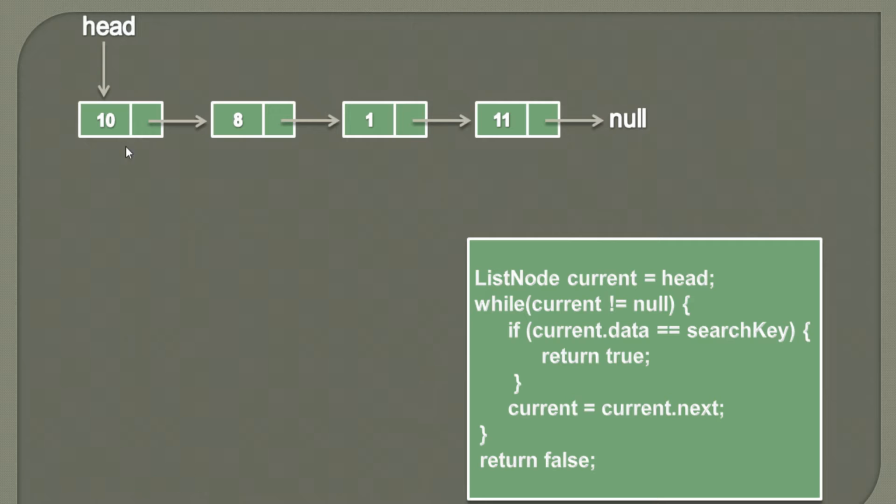So here you see that there is a simple linked list having say 4 nodes with the data as 10, 8, 1, 11, and we are having a head which is pointing to the first node. So let's say suppose we want to search for a key having a data with a value 1. Looking at the linked list we can see that the third node has a data with a value 1. So in order to search this key there is an algorithm which can search this key in this singly linked list. So let's demonstrate this algorithm quickly.